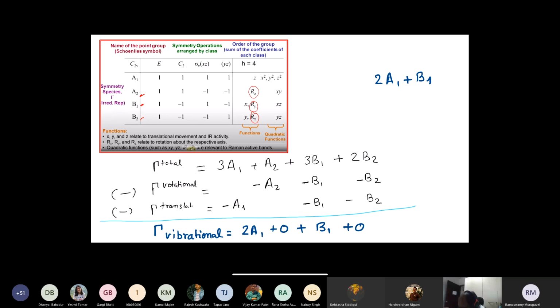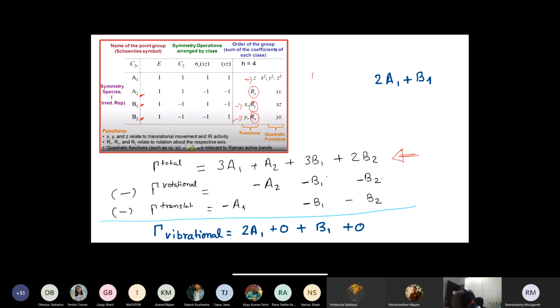So I can subtract from the total degrees of freedom I derived in the previous slide, 1 A2, 1 B1, 1 B2. I can also subtract 1 Z, 1 A1, 1 B1 and 1 B2, which all correspond to